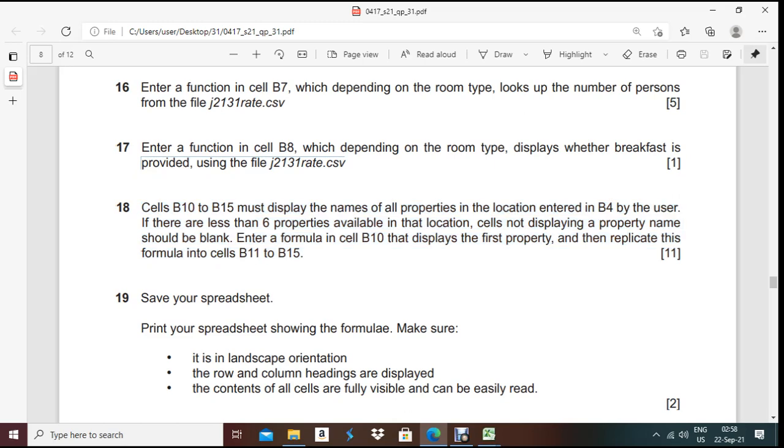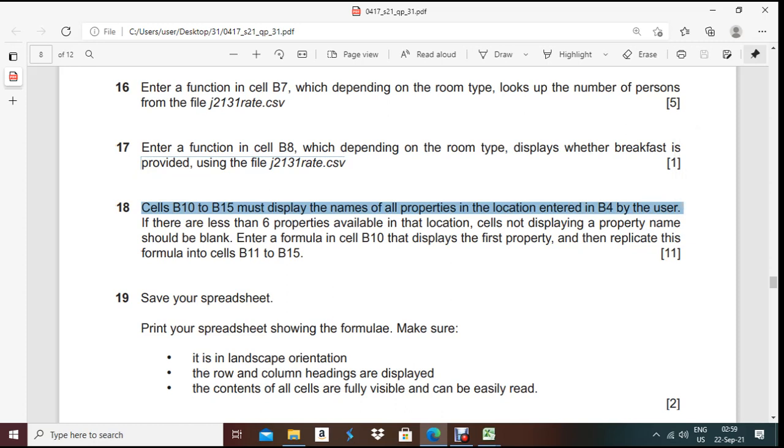Okay, now cells B10 to B15 must display the name of the properties in the location entered before by the user. So what does it mean?